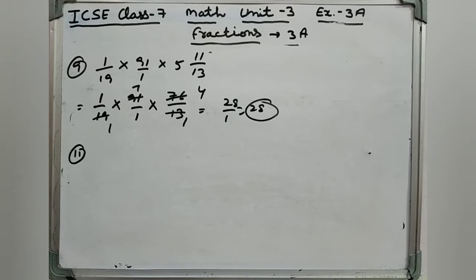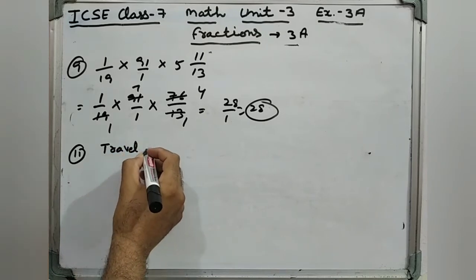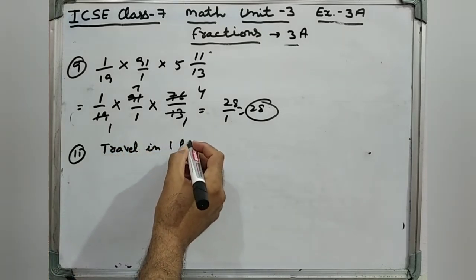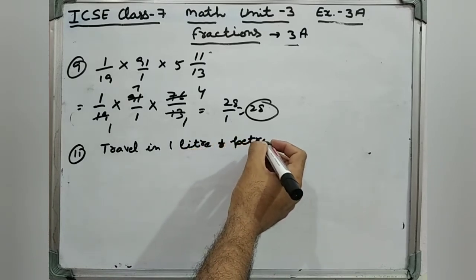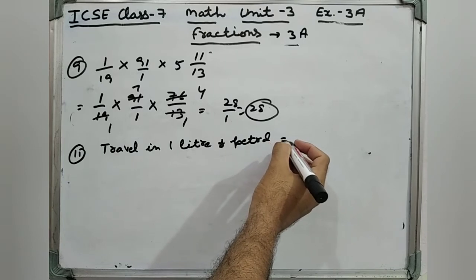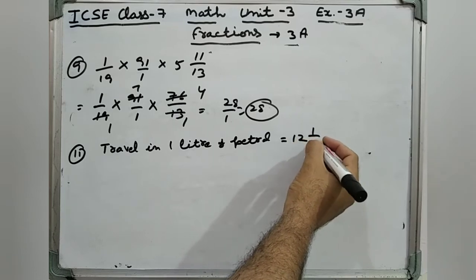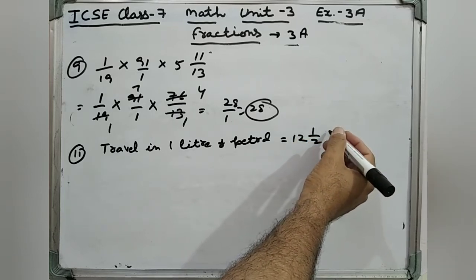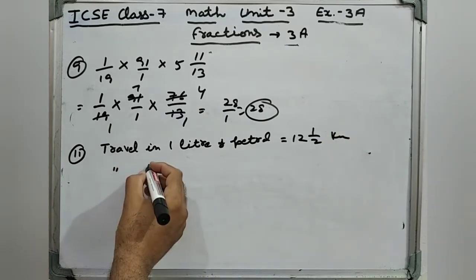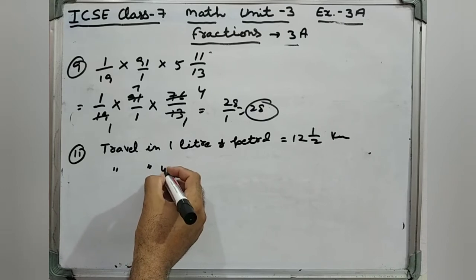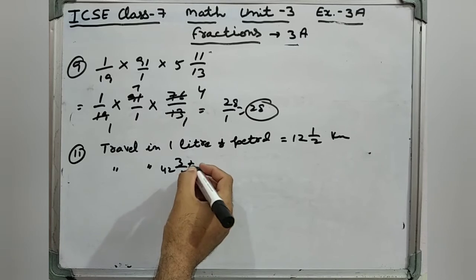Okay, travel in 1 liter of petrol equal to 12 1 upon 2 kilometers, right? Travel in 42 3 upon 5 liters equal to